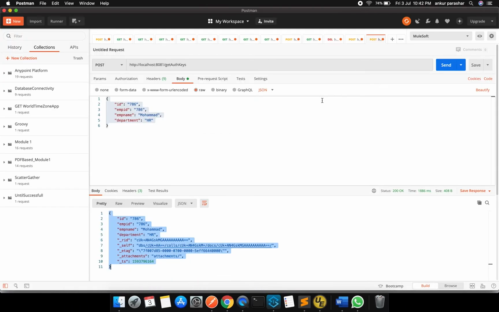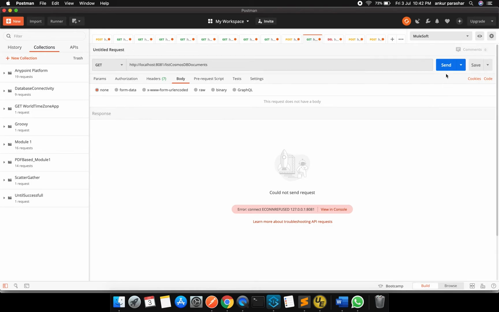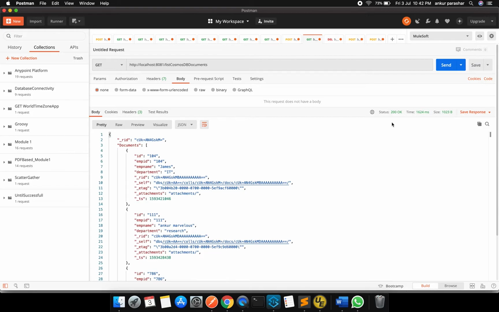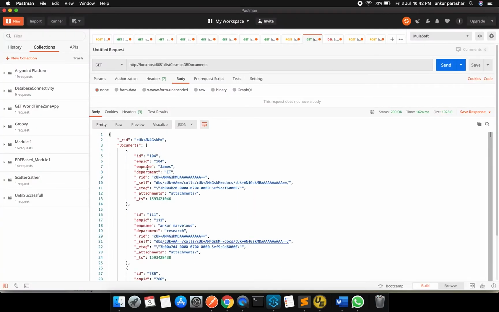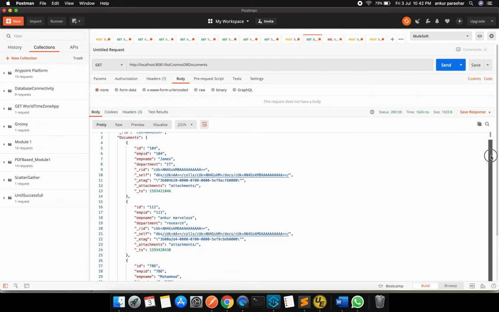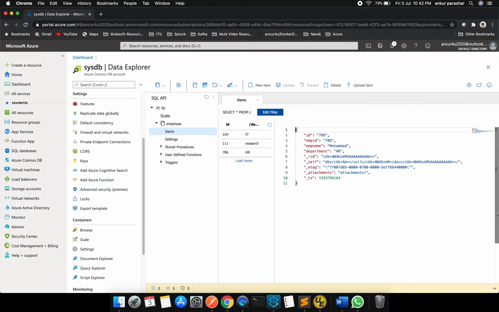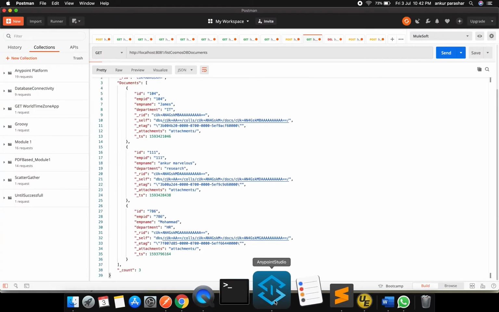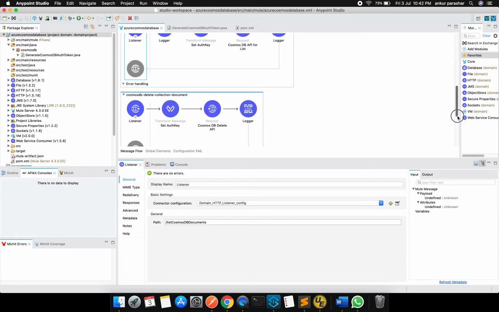I will go to the Postman. So this one I will click on send button. So three records should be there, right? If we go to here, three records, right? So first 104, 111, and the very last one 786 Mohammed, which we have just entered. So this shows this list operation is working absolutely fine.